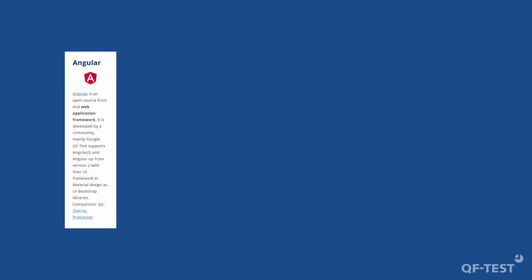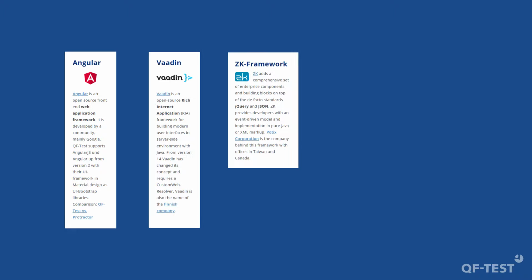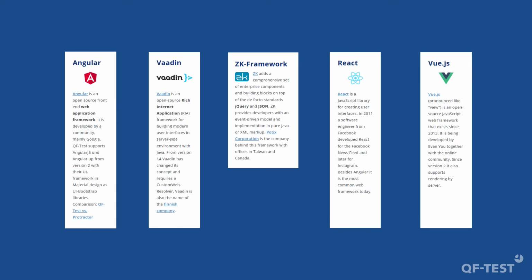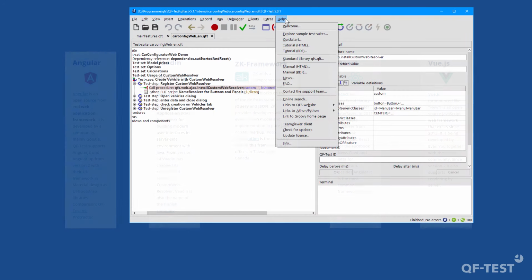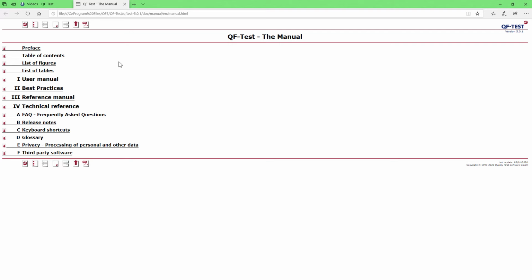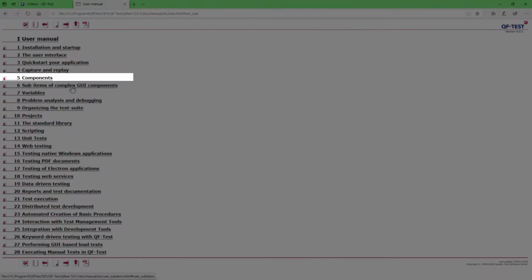QFTest already provides predefined custom web resolvers for technologies like Angular, like Vaadin or ZK, and so on. Those existing integrations can easily be extended. Details about the component recognition and the resolver concepts can be found in the manual, in the user manual, in the chapter on components,